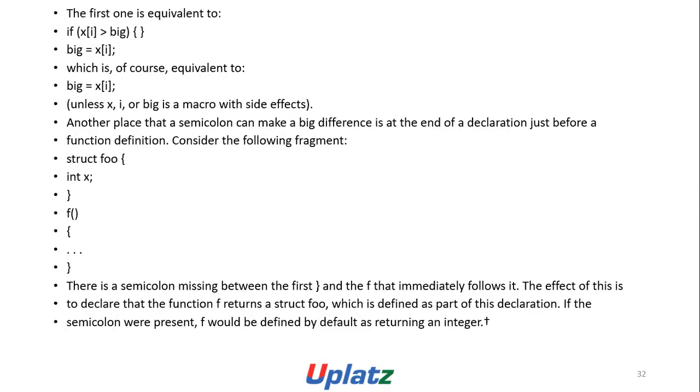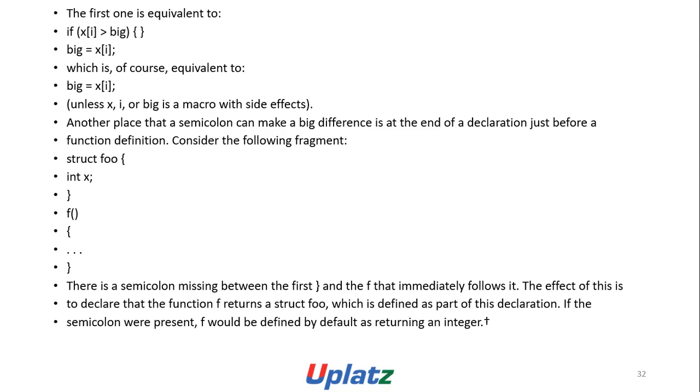The first one is equivalent to if (x[i] > big) {} big = x[i], which is of course equivalent to big = x[i], unless x[i] or big is a macro with side effects. Another place that a semicolon can make a big difference is at the end of the declaration, just before a